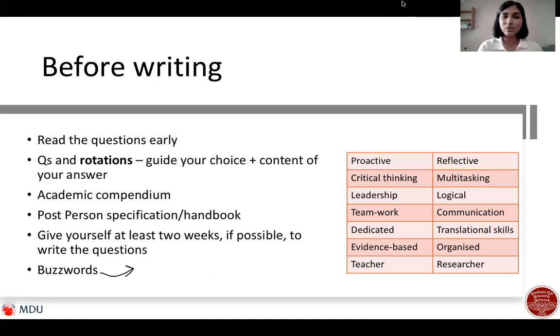I would say start writing as soon as possible, at least 2 weeks in advance, because you will read it and reread it and change it a lot before you're happy to submit your final version. You'll get others to read it as well, and they might have some suggestions. So it's good if you write something and then see how you find it, and you have a chance to change it a couple of times before you submit it.